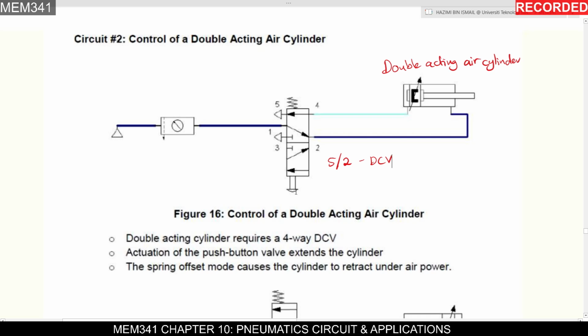Okay, so now we have the push button here and we have the spring here. So if we don't push the button, it is in the normal position, on this way. Okay, the air comes from the air service unit here, or sometimes we call it FRL. Okay, supply air to the double acting air cylinder. Okay, when the air